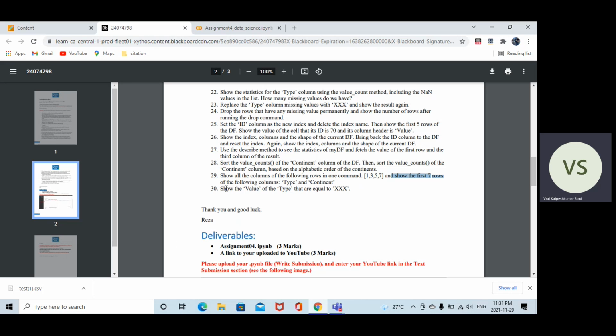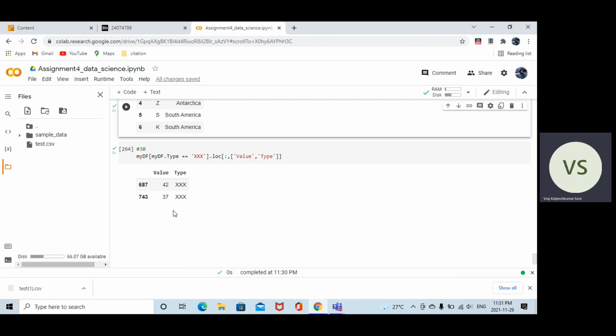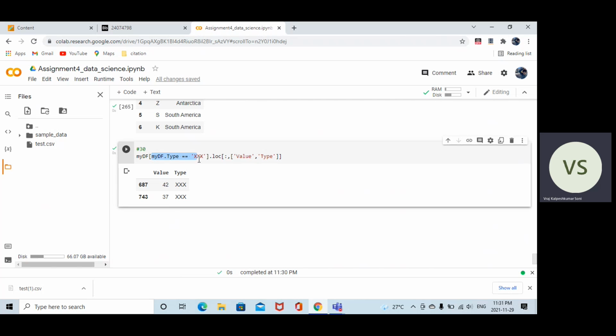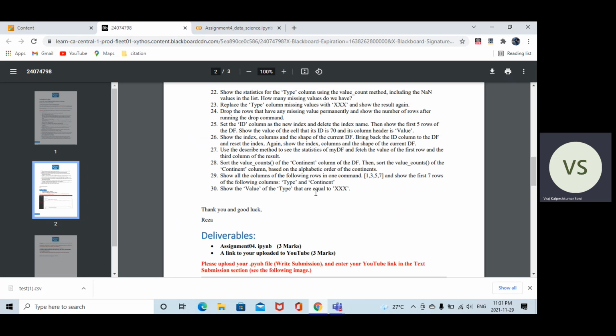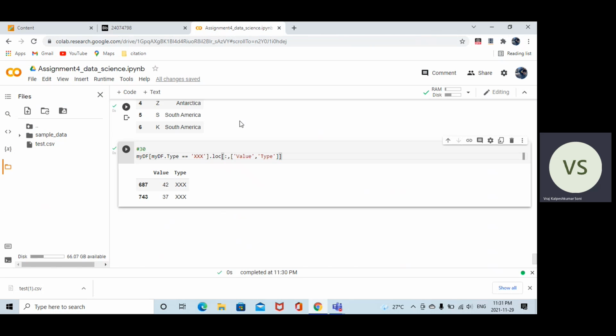So the last but not the least question is show the value of the type that are equal to XXS. It is very simple. I just have to use my df dot type XXS dot loc. As I mentioned, I have explained some of these loc functions and how to use them to get the value in my last assignment.